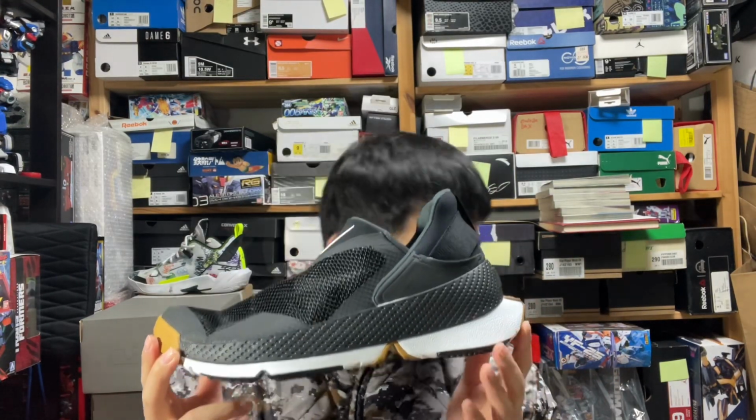It weighs about 375 grams, not the lightest shoe out there, and it feels a lot heavier than what the digits show. This is not a performance shoe. This is a very innovative design from Nike, in tune with the Flyease concept that they've been pushing for the longest time to help people who have trouble lacing up, while at the same time providing them a